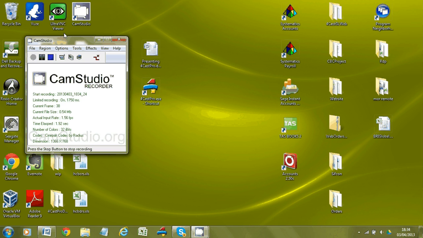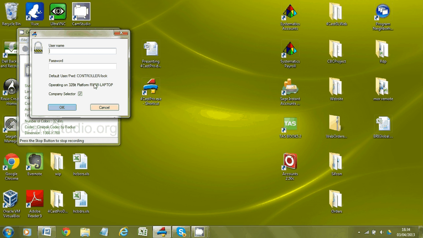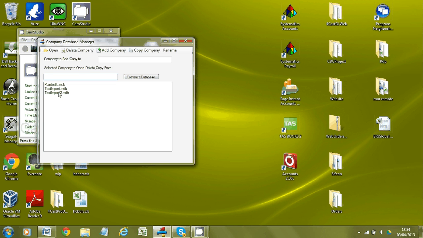Okay, let's take a look at importing actuals from a trial balance into 4CastPro. We'll open up 4CastPro, inputting the default username and password. We'll set up a new company called Test Import